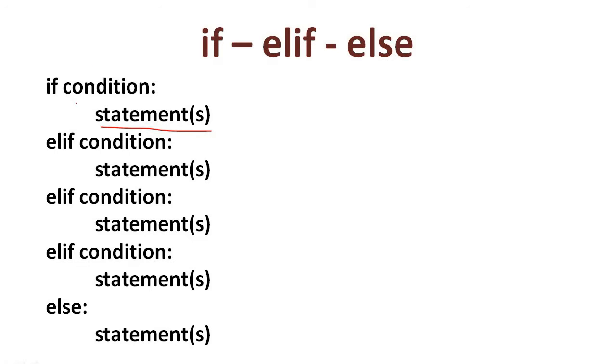Then if the condition given in the if statement is false, program control moves to the elif part. Elif condition: go for the second condition. If the condition is true, it will execute the statement given under this elif part. Then again, if the condition is false, it will move to the next elif part. If this condition is true, it will execute the statement under this elif part. Then again if the condition is false, come to the next elif part and go on. That is, the number of elif depends on the number of conditions.